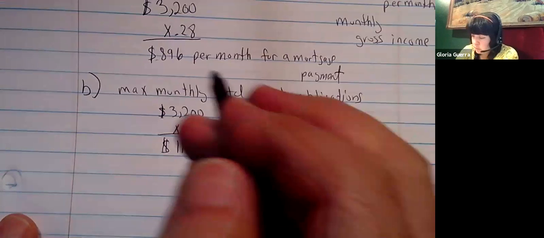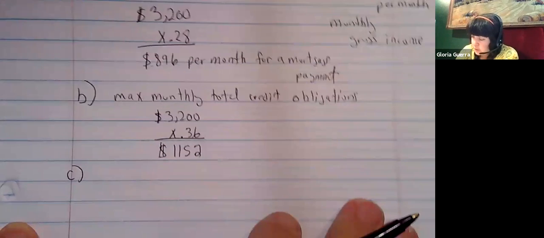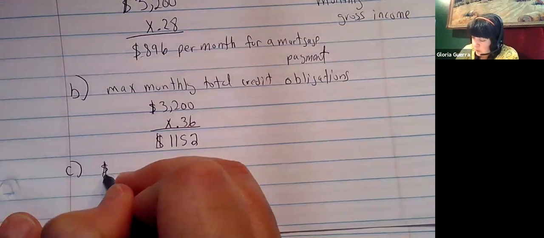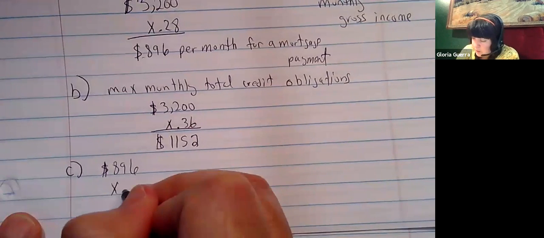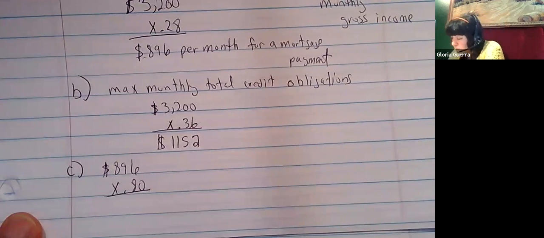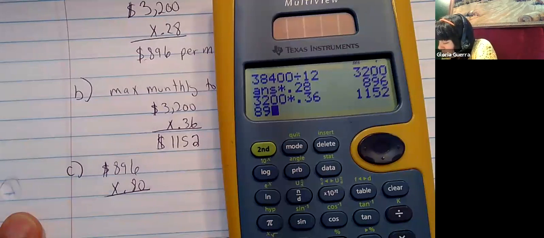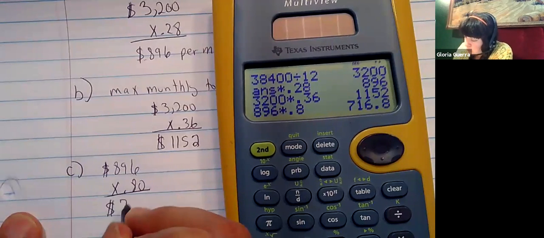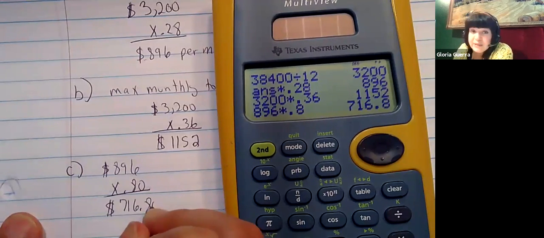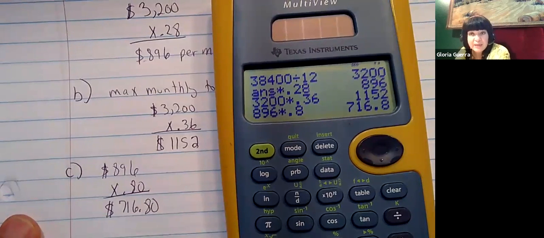So you're going to take that 896 times that 80%. $716.80. Yeah, that's not 8 cents. That's 80 cents. Okay. And then